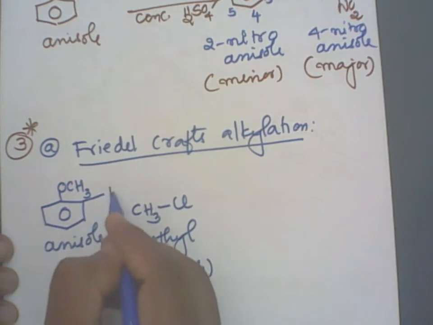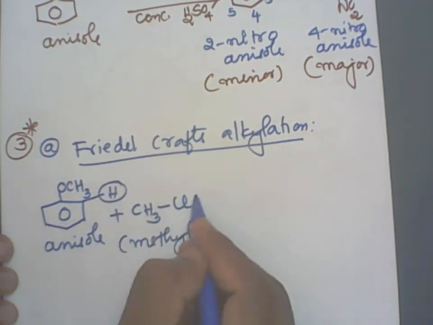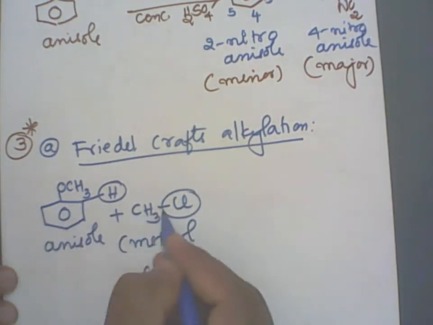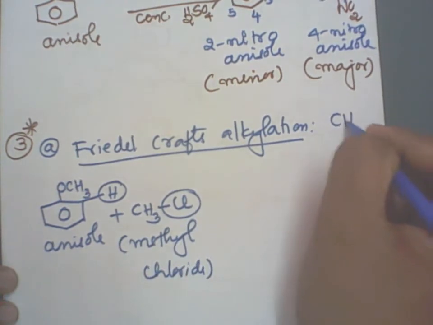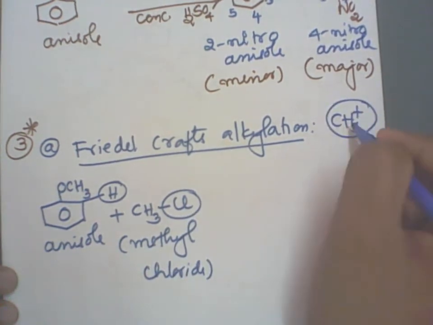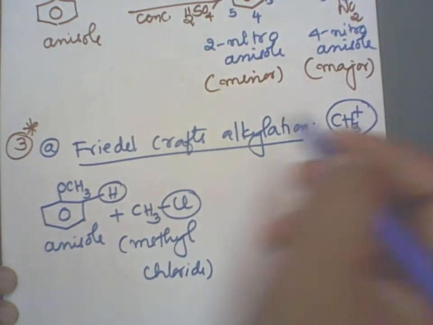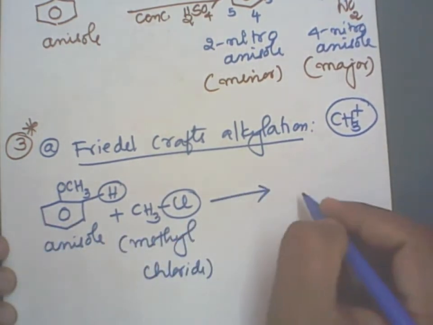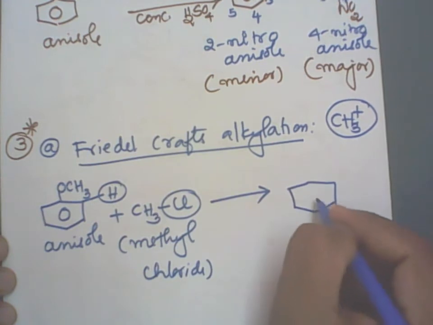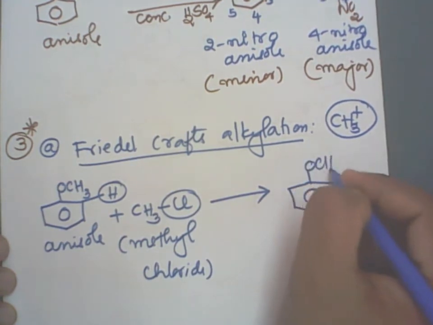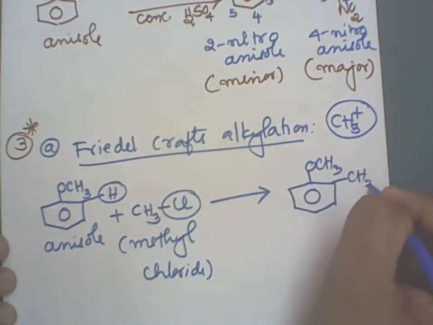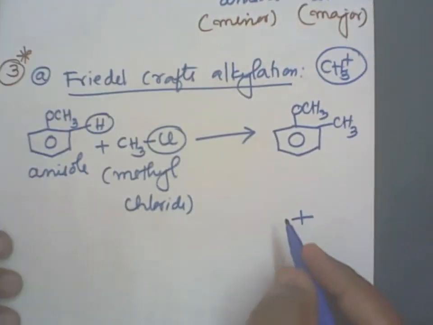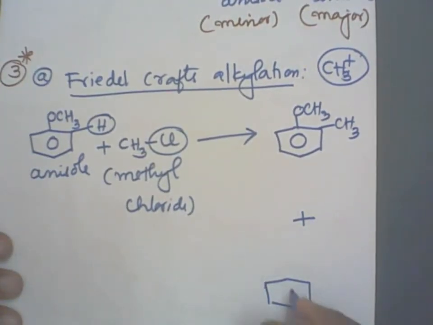Now, suppose there is a hydrogen here. So what do you have to remove? HCl you have to remove. What is the electrophile generated? The electrophile generated is the methyl carbocation. The positive electrophile can attack the negatively charged benzene. So introduce CH3 to the ortho position and to the para position. Let me write CH3 at the ortho position. Let me write separately here below. So the para product has OCH3 and CH3 here.